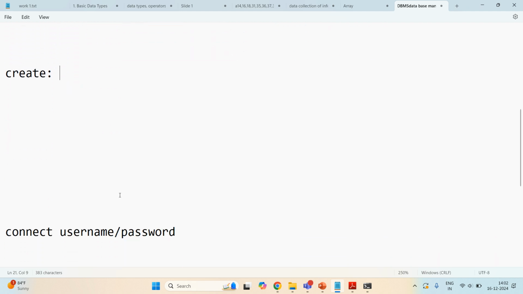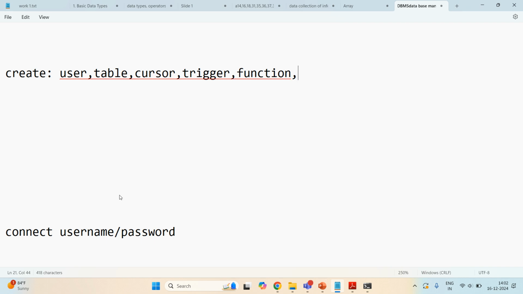create on what? You can create a user, you can create a table, you can create a cursor, you can create a trigger. Okay, you can create a procedure and then functions, anonymous and then named functions. We have unnamed functions also, they are called anonymous functions, and then procedures. For all these purposes we can use that create. Okay,